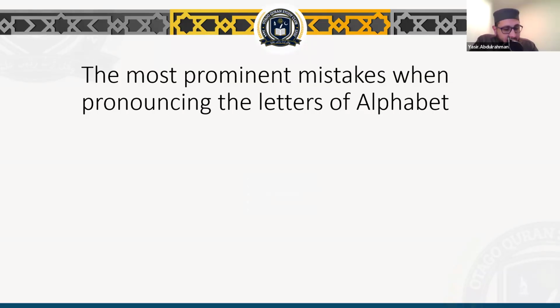Number 3, changing it into a G. That's common in some of the Arab tribes, mainly in Yemen. So instead of saying qalil, they say galil. Another one is coming very close to a ghain, mixing it with a ghain. That's also common in some Arab people, maybe mainly the Sudanese. Instead of saying al-qadr, they say al-ghadr. Al-ghadr means betrayal. Al-qadr means the Laylatul Qadr, the night of the